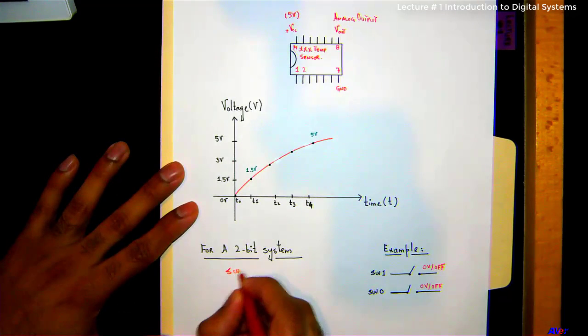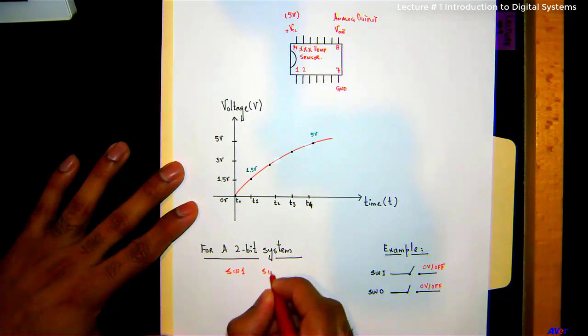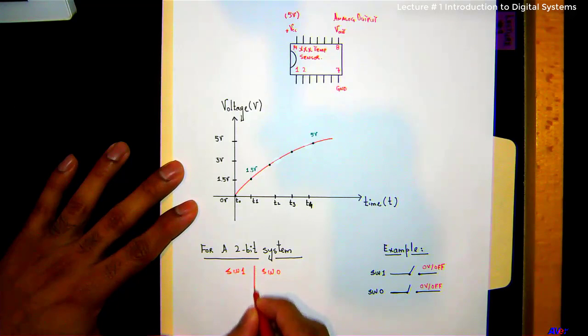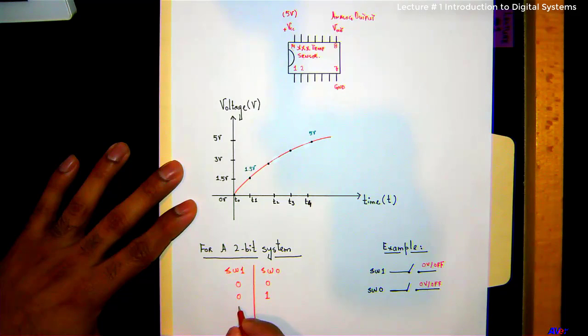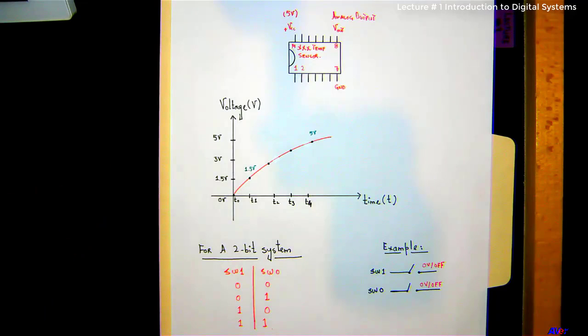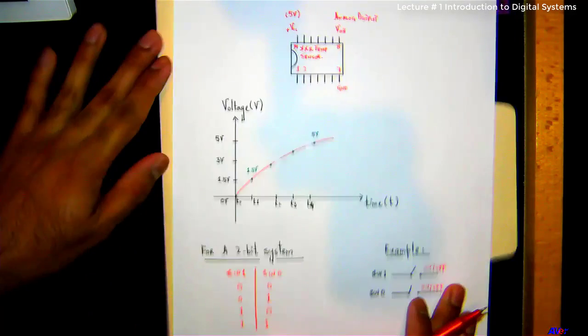Either both are off, or one of them is on: 1 would be on and 0 would be off, this one is on, this one is 0, and this one is 1. Both are on actually.